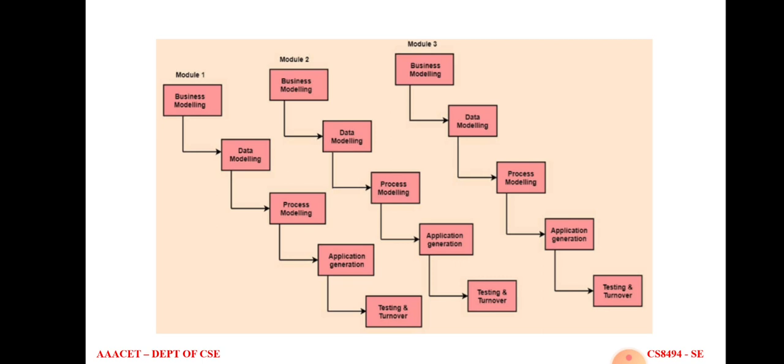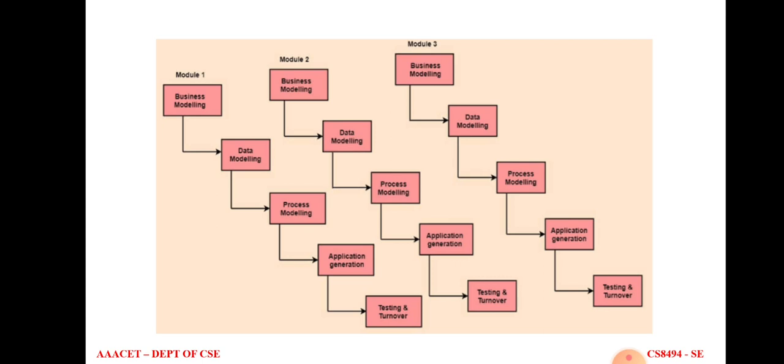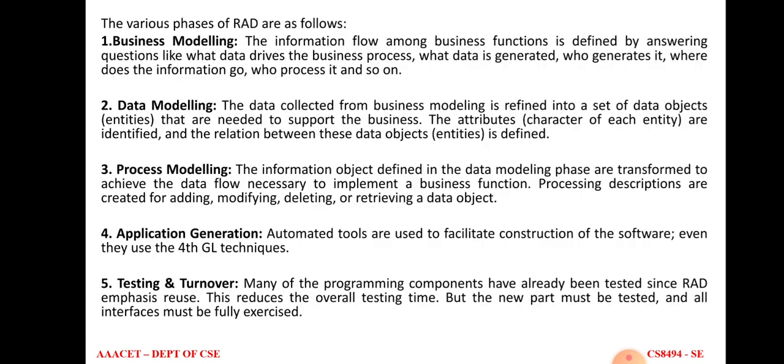So here also module 1 has to be developed first, after that module 2, after that module 3, right? So it is rapid growth for each and every individual module. The same 5 phases are here. Business modeling: here it defines what type of data is to be processed, what data is generated, who is going to generate that particular data, and where that information is obtained from the customer to deliver the product,